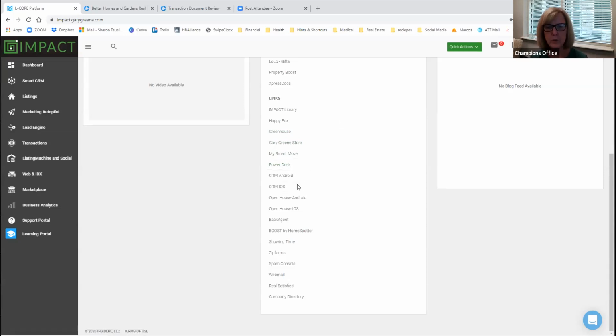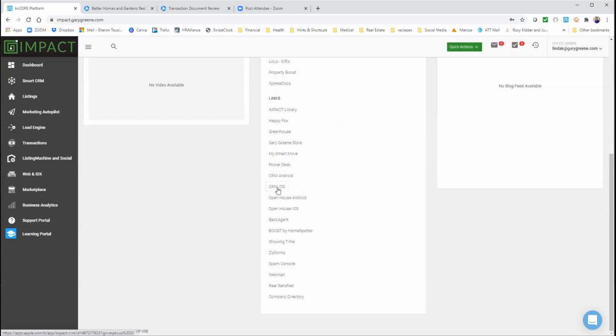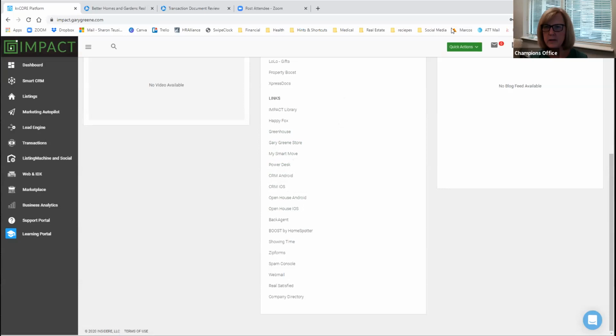If you want to use the CRM, the Smart CRM on your phone, they've added links like that for you already. There's Android, and then there's the iPhone. If you want to get into Back Agent,